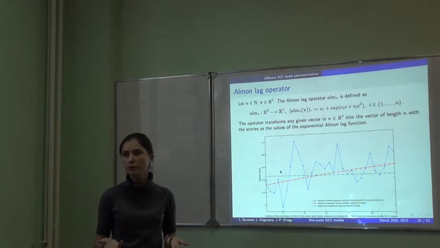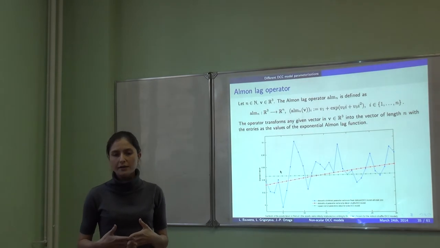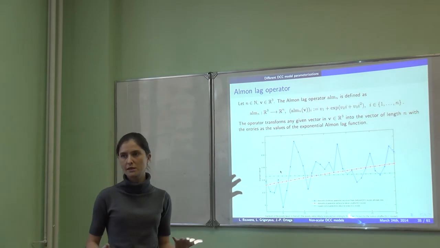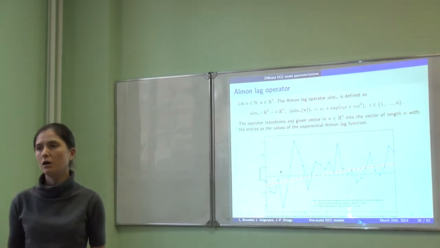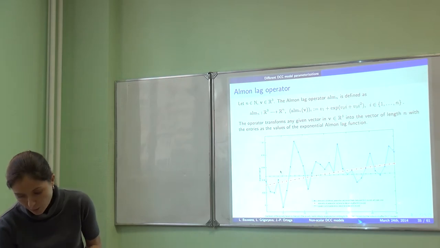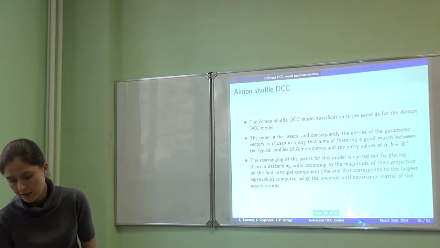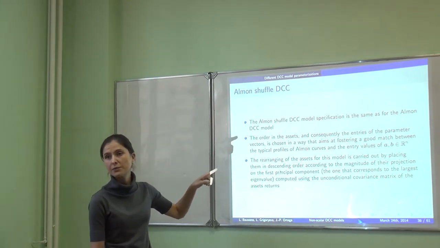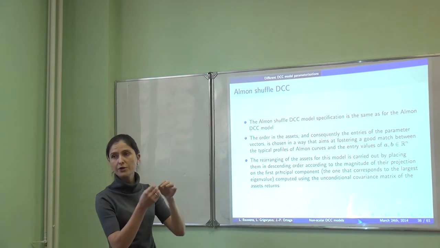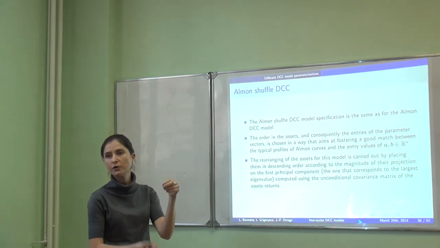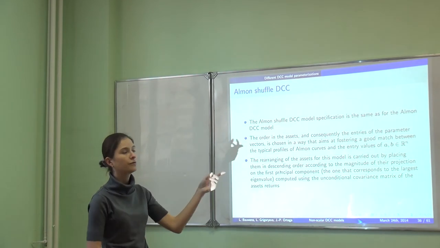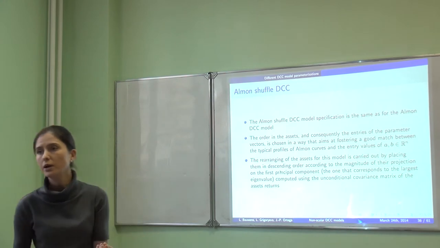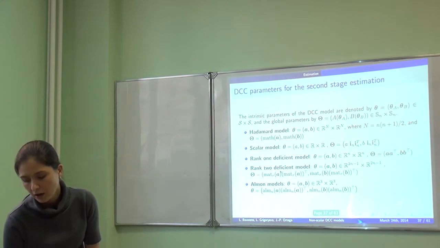So what we would like to do is not to have the dependence that takes into account just our choice of the ordering of the assets, but to have this ordering somehow explained. Why we take this ordering but not something different. So what we do, we just rearrange these assets, doing a principal component analysis, arranging them according to the magnitude of the projection on the first principal component. And this way we get a new ordering, and this is where we can work with this exponential profile effectively.